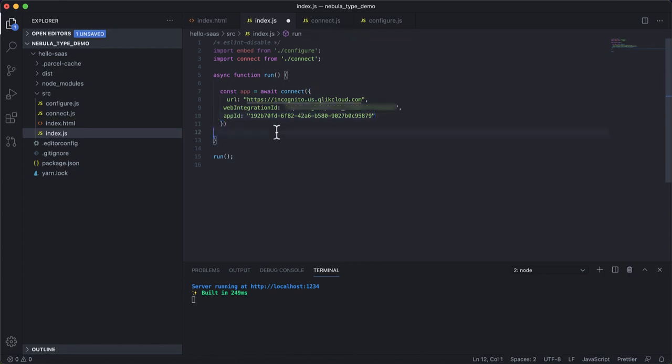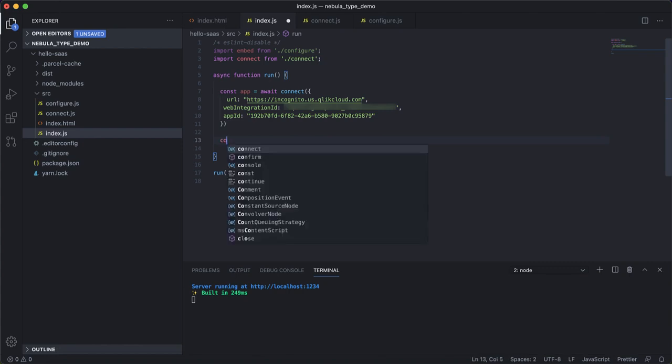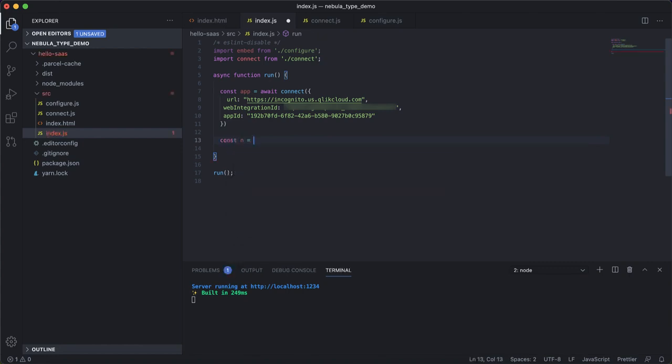Perfect. All right, so now we have the connection in place, and what we need to do is create an embed instance of this connection and pass the app configuration details so that we can embed it. So the embed function, as it says, initiates a new embed instance, and we have to supply the Enigma app, which in this case is our app.